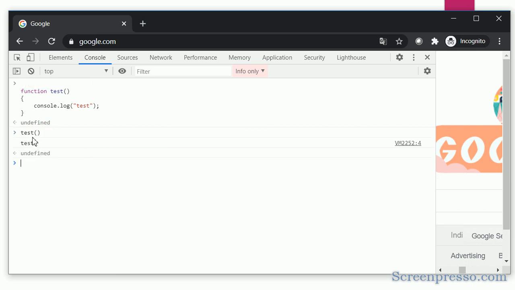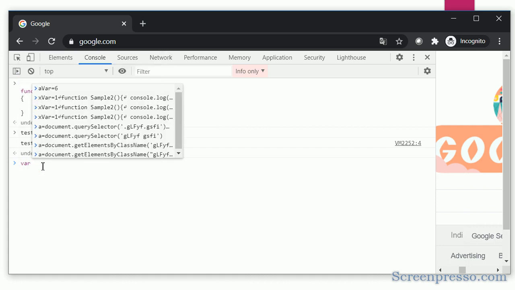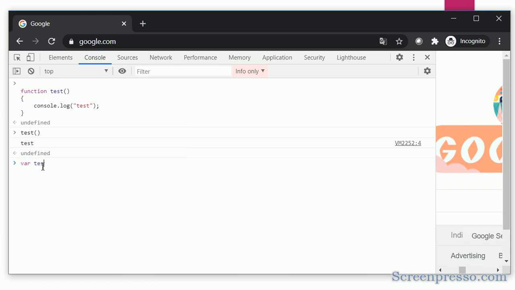The function expression will be the same, but we have to define it as a variable first. For example, test2, I am declaring the variable and assigning this function. This is called an anonymous function. A function without a name is called an anonymous function in JavaScript. I am assigning the anonymous function to the variable. This is called a function expression. If you are assigning a function to a variable, that is called a function expression.